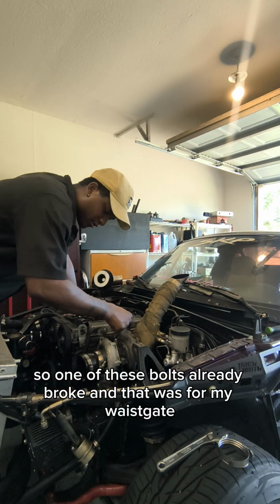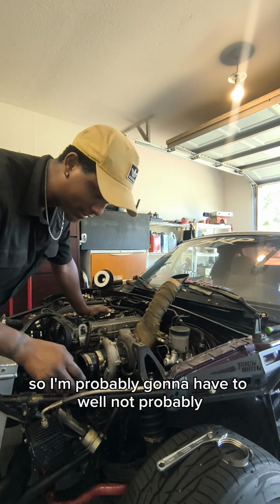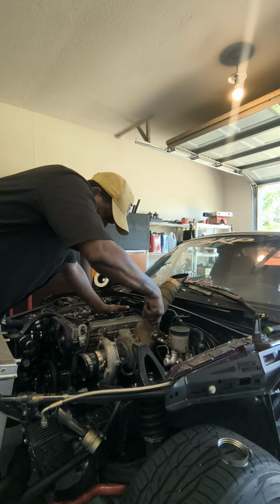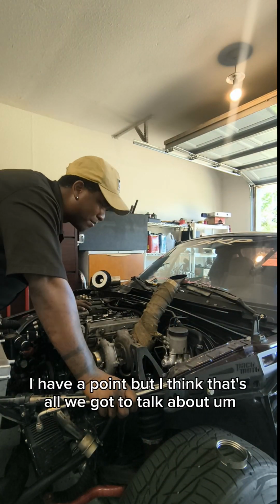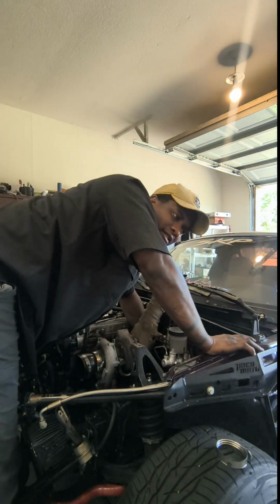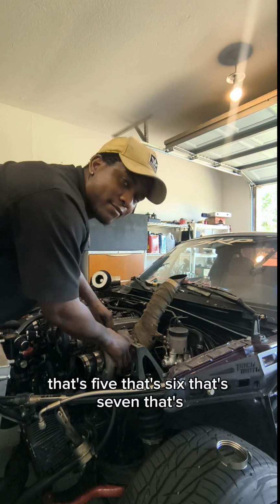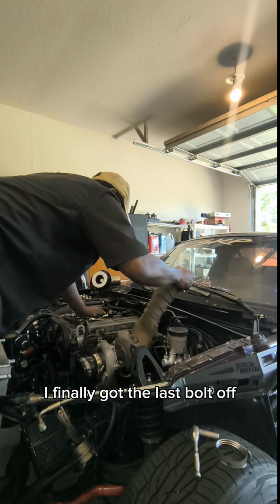So one of these bolts already broke, and that was for my internal wastegate. One of the bolts broke off, so I'm definitely gonna have to get that dang bolt out of there. But I'm gonna focus on that after I take the turbo out of here. So as you guys can see, I finally got the last bolt off, and I'm getting ready to pull the